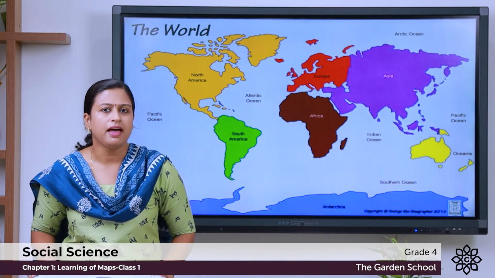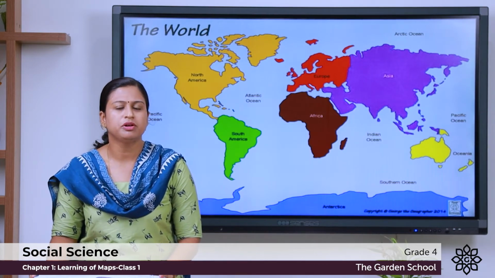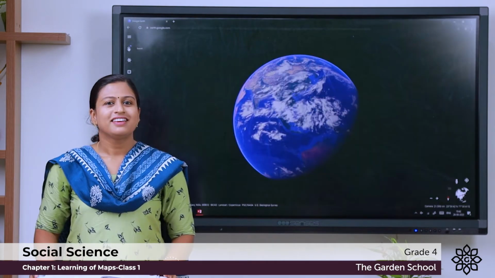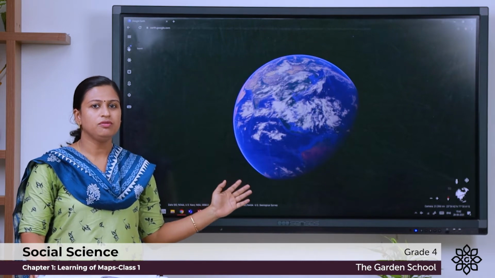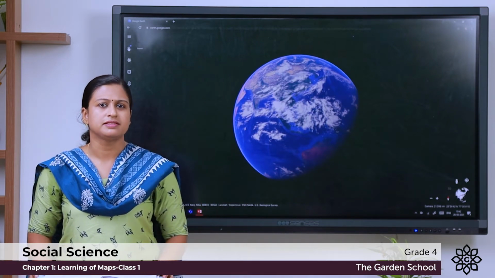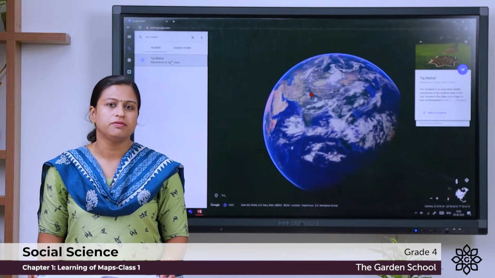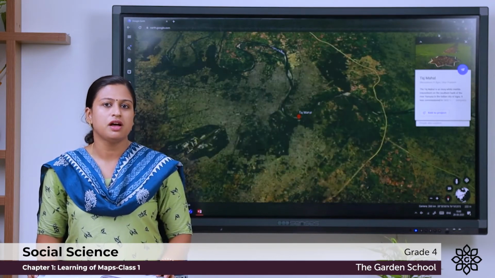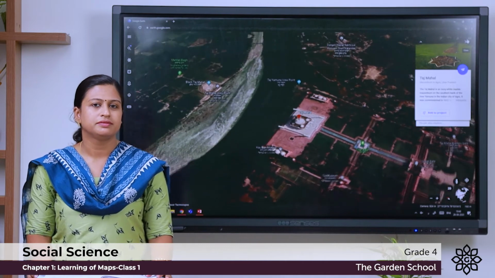Let's take a break and visit some beautiful place. Have you heard about the Taj Mahal? Let's see where it is located. Kids, this is the view of earth from the space. Now we will locate where the Taj Mahal is. Do you know it is one of the 7 wonders of the world, and it was built 350 years ago by Shah Jahan, a Mughal emperor, for his beloved wife Mumtaz.